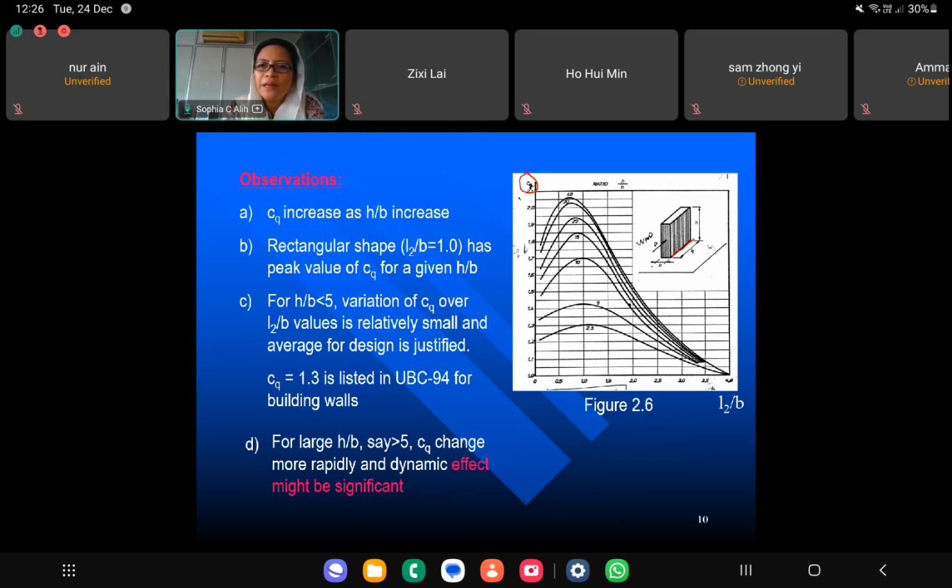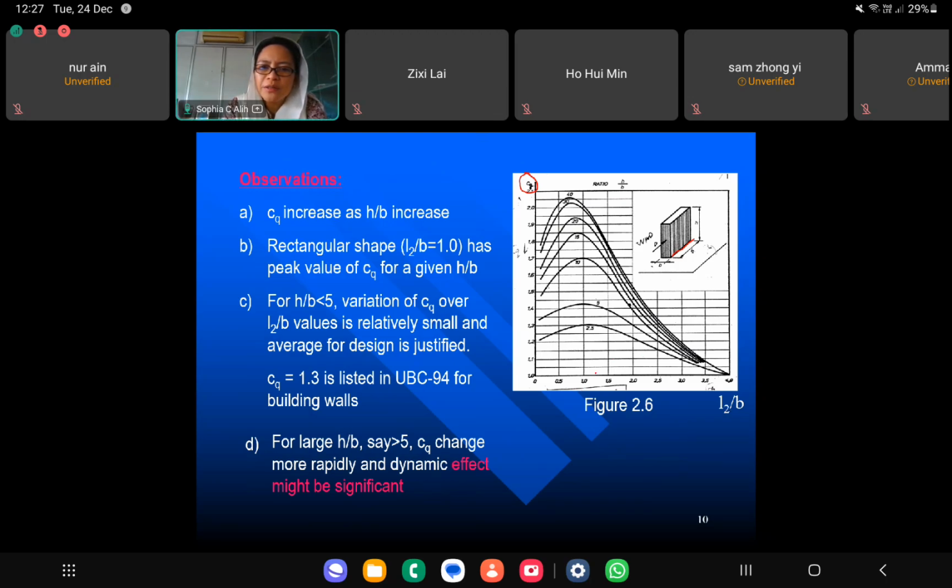That is the B, and this is the H over B. What is given to you is that if I have H and I have B, CQ, as you can see here, increases as H over B increases. So this is the ratio. If I have H over B of 2.5, my CQ for